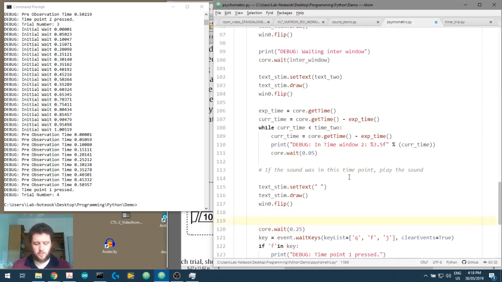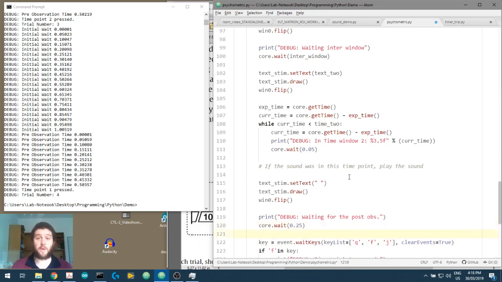But what we'll do is we'll just get into the habit, just when we're first making these experiments, of putting a little debug statement in to say, hey, we're waiting for the post-obs. It's like we're in a hospital, looking for post-ops. Post-op obs. Okay, so now that we're there, we now need to